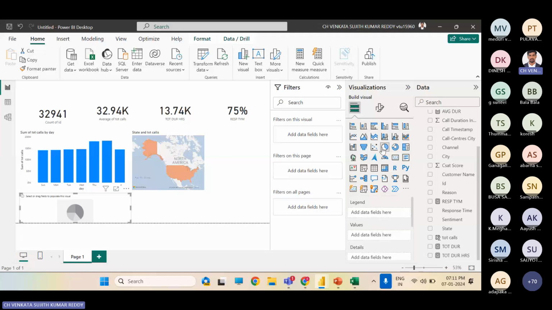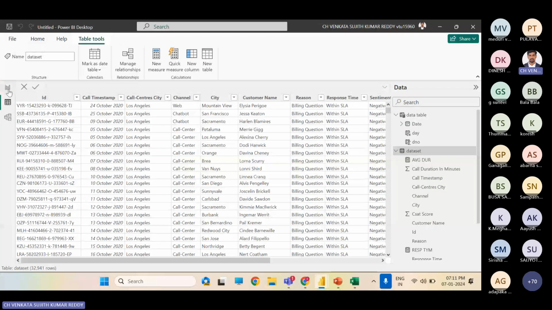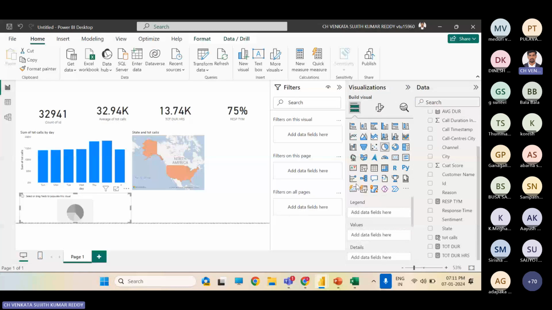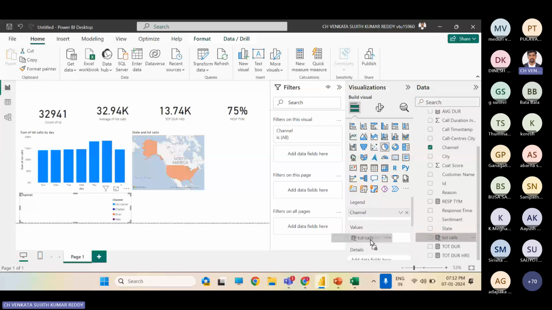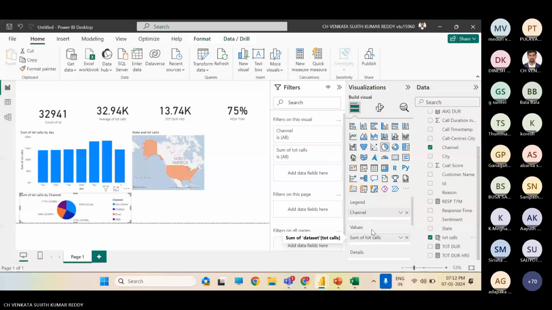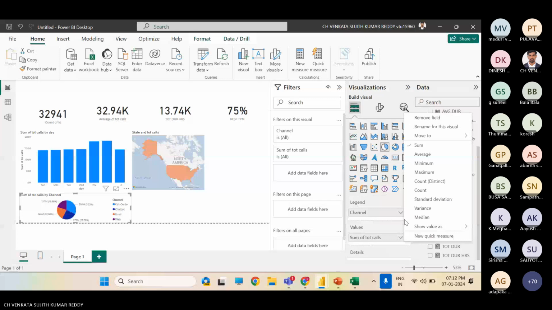For that, in legend, we need to put channels, I guess. We'll try. Yeah, correct. And labels, we need to show total calls. I mean, labels means values. Better to put in average. Okay.